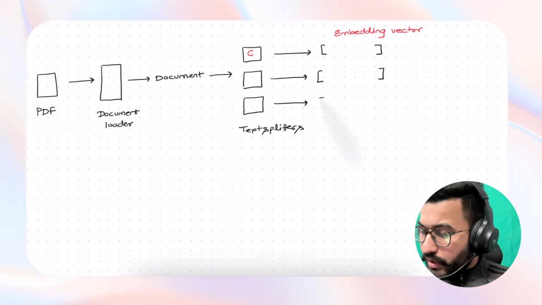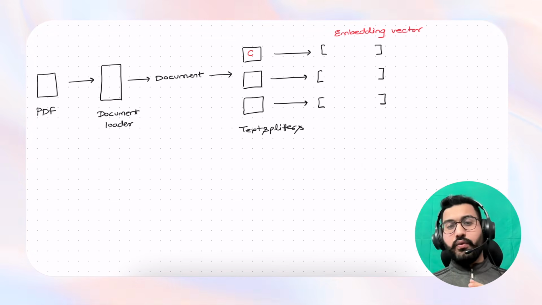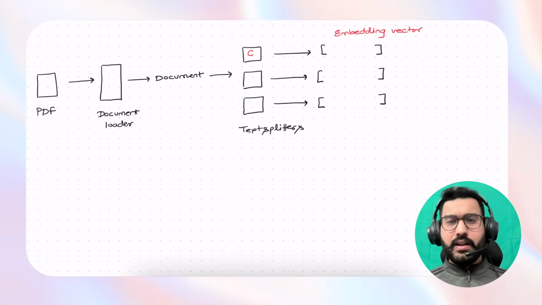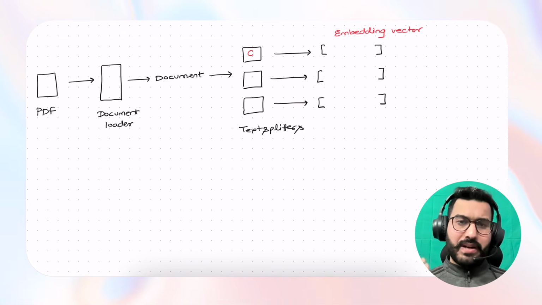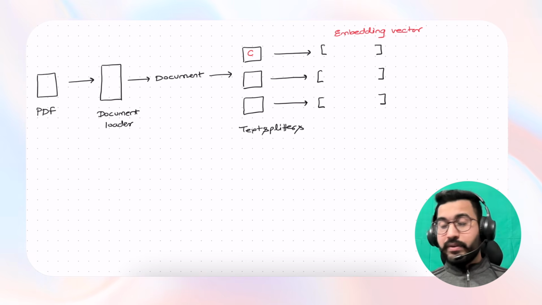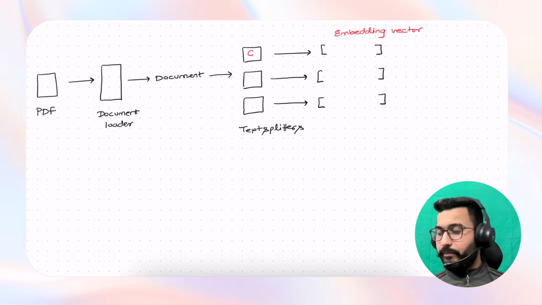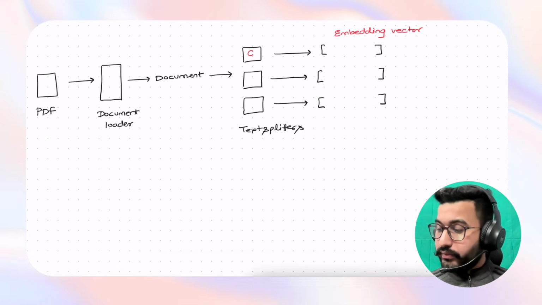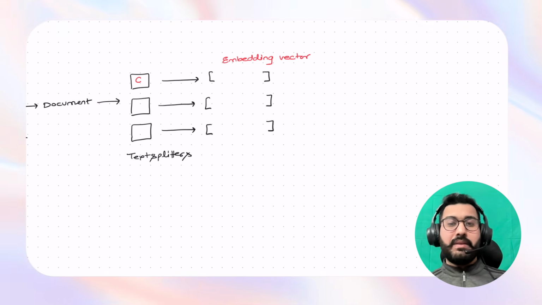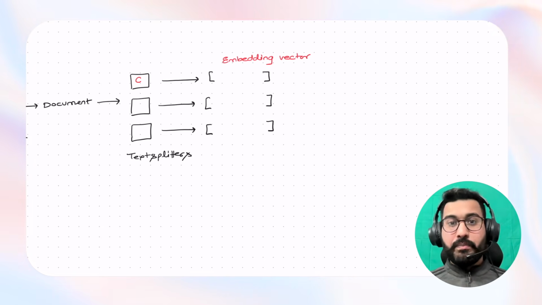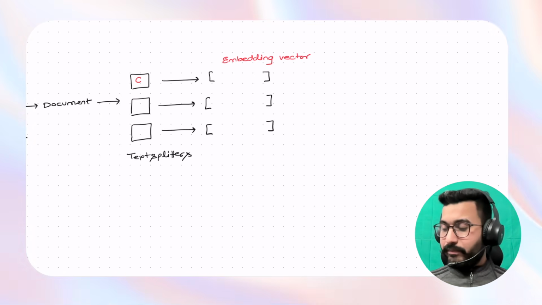Now, in order to make sure that we are able to reuse these vectors for a variety of operations, let's say you want to use these vectors for similarity search, or maybe for a recommendation system, or maybe for your RAG system, I need some place where I can preserve them. In order to preserve these vectors, we cannot preserve them in a simple flat file system. We cannot preserve them in our RAM. We cannot preserve them in our regular database either. We need a specialized database. And that is where